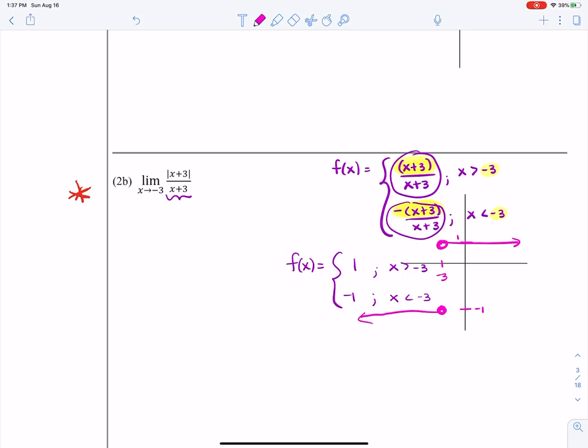So now I can answer this question. It wants me to find the limit as x approaches -3 of this function, (x + 3)/(x + 3). And let's evaluate it from both sides. As I get close to -3 from the left, I can see that my limit from the left appears to be, as x approaches -3 from the left of f(x), looks like